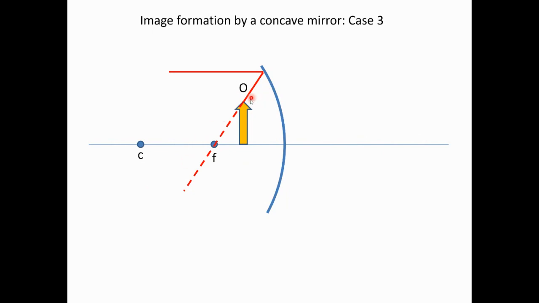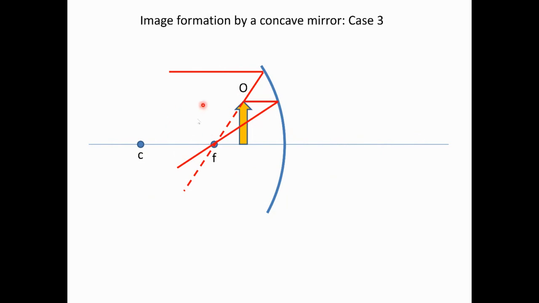Now here's another special one, which emerges from the top of the object as if it had come from the focal point, from that direction. But it goes away from the focal point, hits the mirror, and as a result, reflects and goes out parallel to the axis. Okay. So that's maybe one of the trickier ones. It's just a light ray that looks like it came from the focal point, and so when it reflects, it comes out parallel to the axis. So put these together,